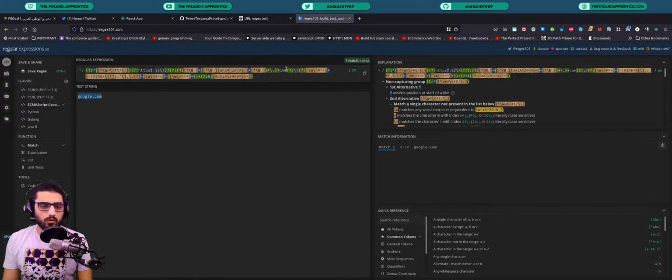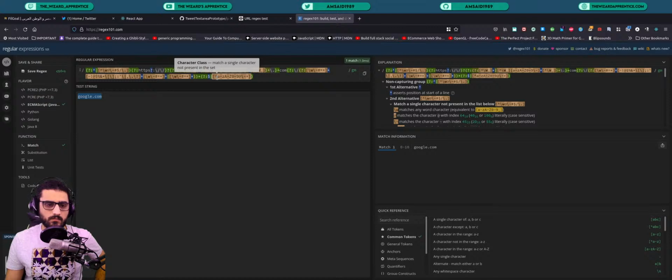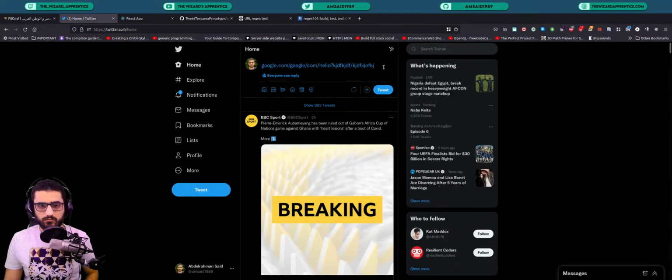So what we're telling it here is that for a URL to be matched, at the end it either has to be at the end of the line, or it shouldn't be followed by any of these characters: alphabets and digits, an @ character, a dash, or a plus. So if we have a plus here,